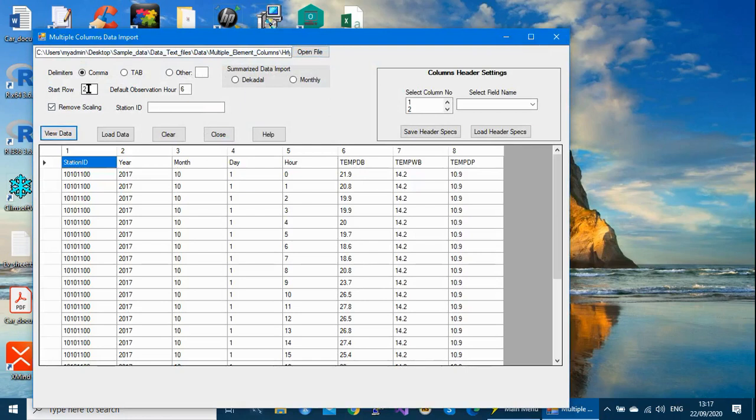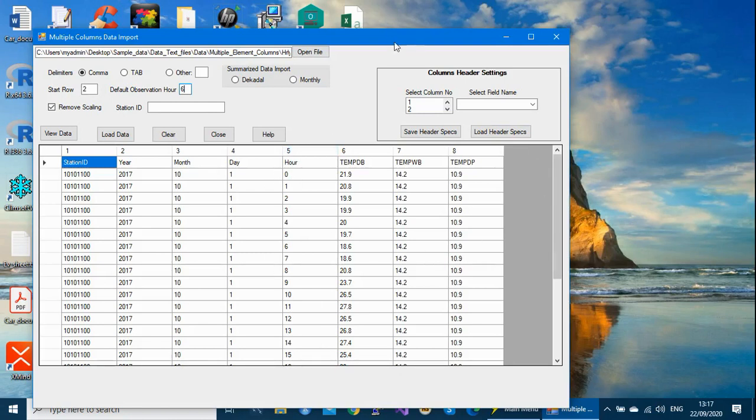So our data start at column 2. Our observation hour is 06. So this one, the system will not take this because this is hourly data. Because we have another column here, the system will consider this one, the column, the header which will be put here.